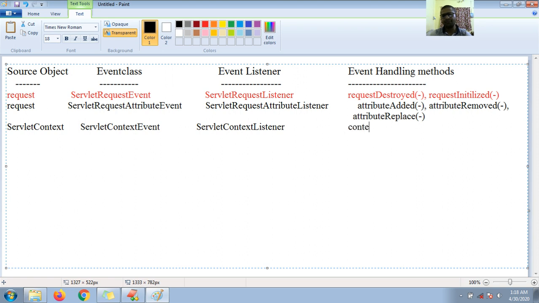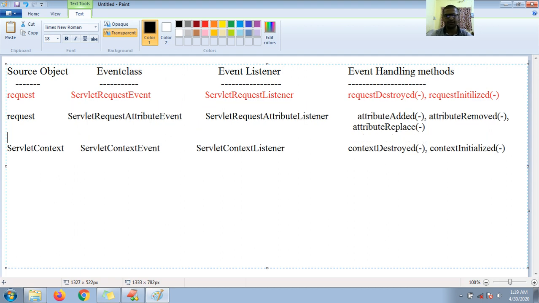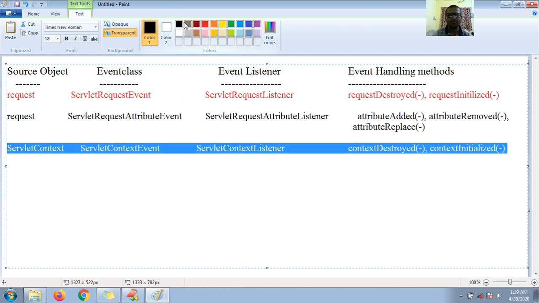Here I can check by using contextDestroyed, which takes one parameter. Next, contextInitialized. This also takes one parameter. Okay boss, fine. Let me add a different color.